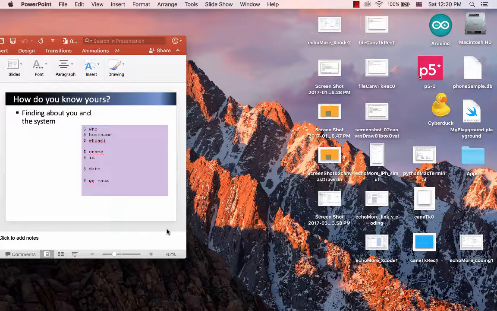So 30 years ago, the cheapest Unix box was about